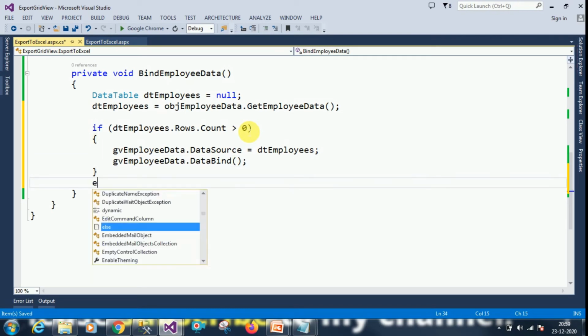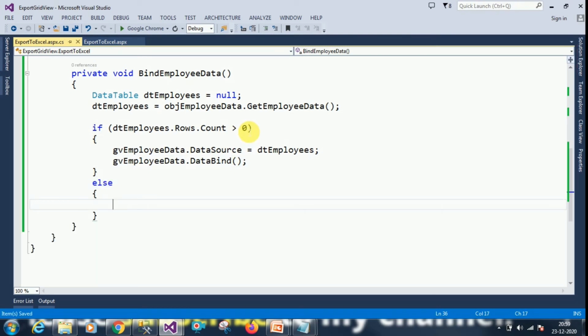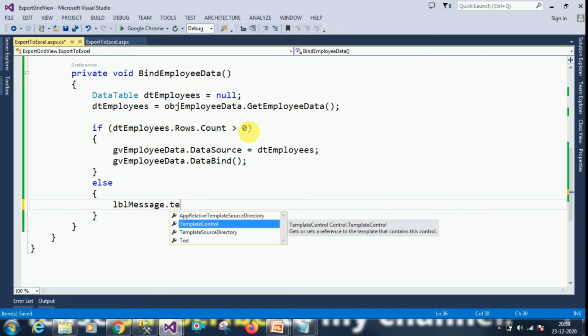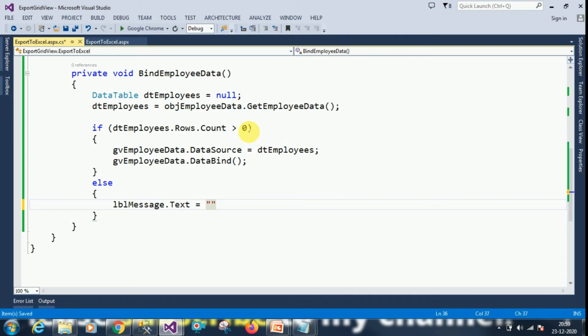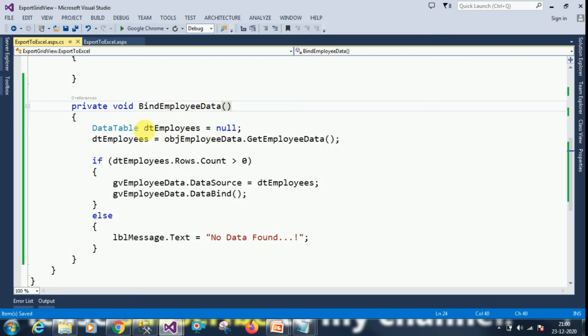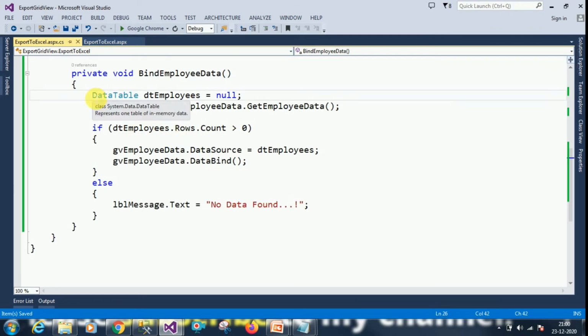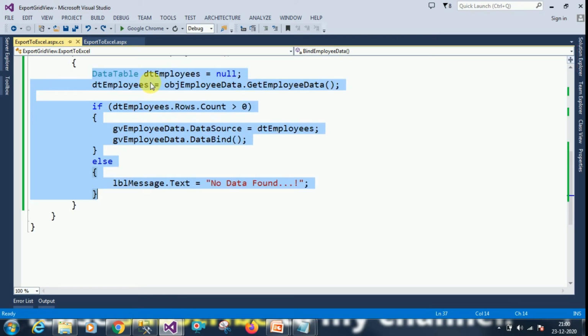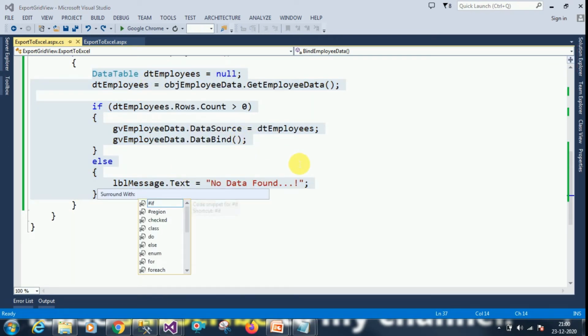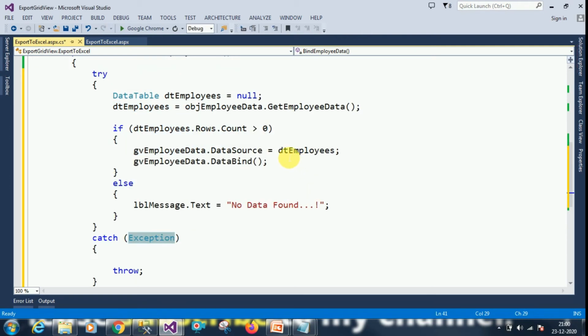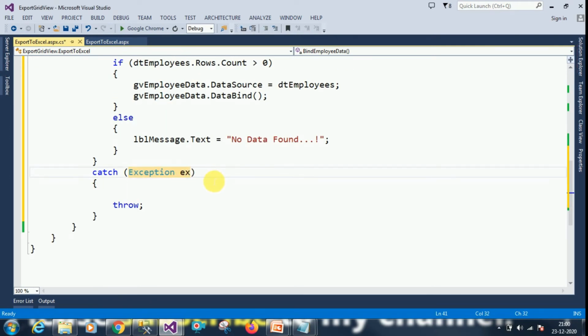Suppose if there is no data available in the data table, at that time we have to display a message to the user in the label. Suppose while executing this function there is any error, we have to catch that. For that, select the entire function, right click, surround with. Always keep it in a try catch block so that if there is any error we can catch it easily. So we will display the message on